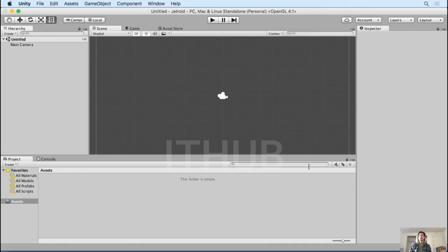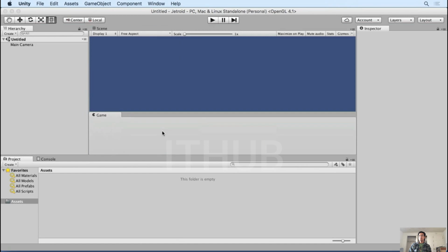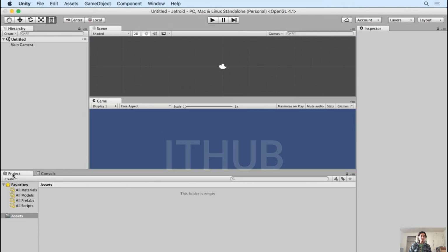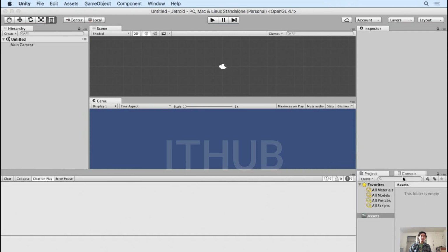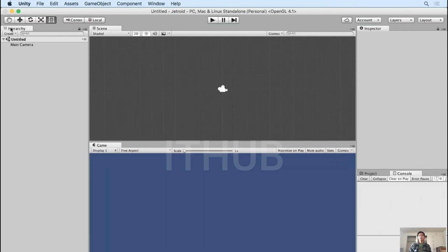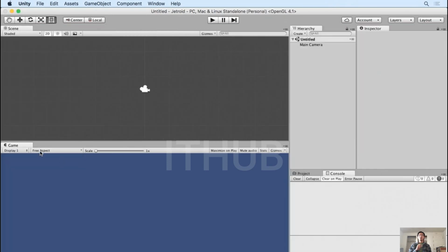We're going to customize this to make it a little bit easier to work with as we build out our game. We'll start by right-clicking on the Assets Store tab and closing the tab, since we won't be using it. Next, let's drag the Game tab below the Scene tab. Then, drag the Project tab below the Inspector, the Console next to that, and bring the hierarchy to the left of the Inspector. The final thing we'll do is go into our Game tab, select the aspect ratio, and switch